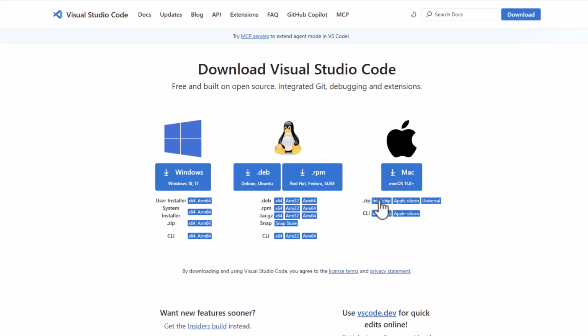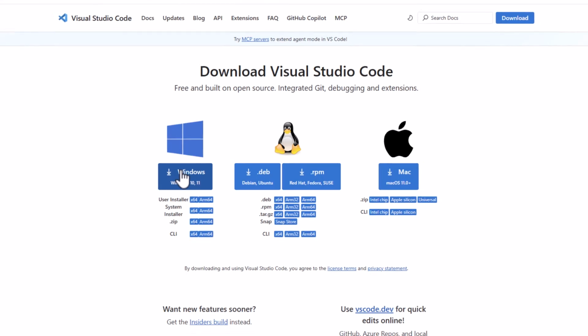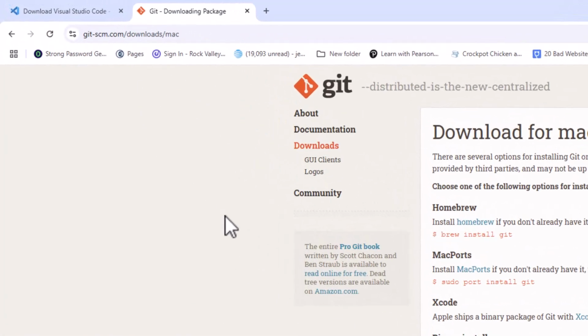However, when you get to the Mac, you're going to want to click on the individual chip, whether it's an Intel chip or an Apple Silicon. Make sure for Windows that you use the installer. If you click on the Windows here, it should do that. I think the Mac, if you're sitting on a Mac, should auto-detect as well. Once you have Visual Studio Code downloaded, you want to go ahead and run the installation process, whether it's unzipping on the Mac or, in the case of Windows, running the installer and getting it installed on your computer. Once you've completed that, then you want to go to